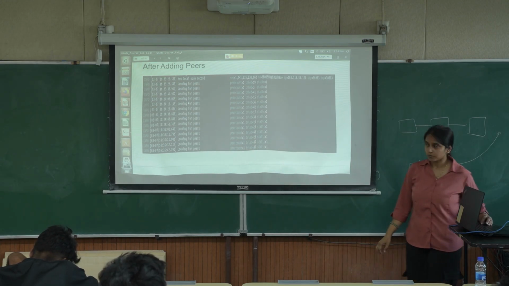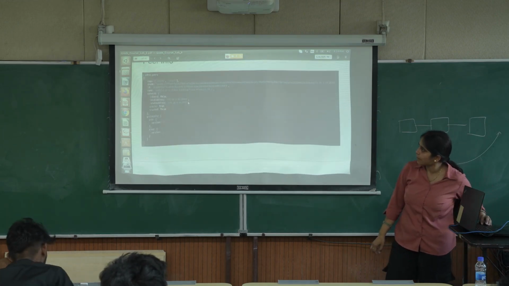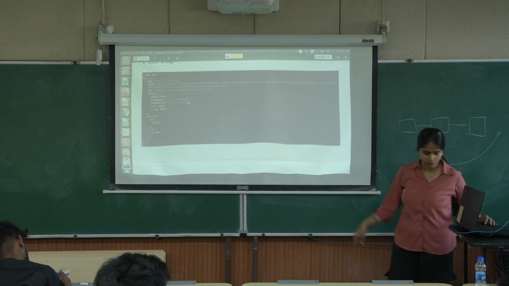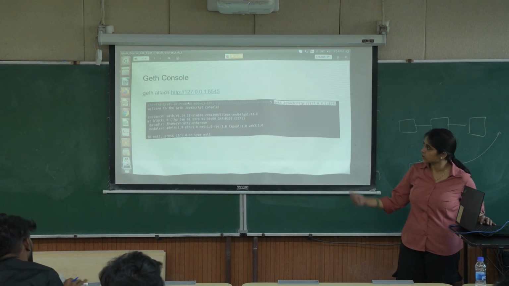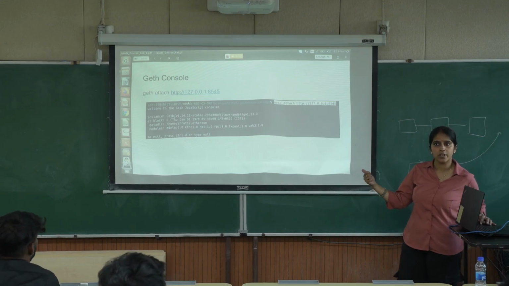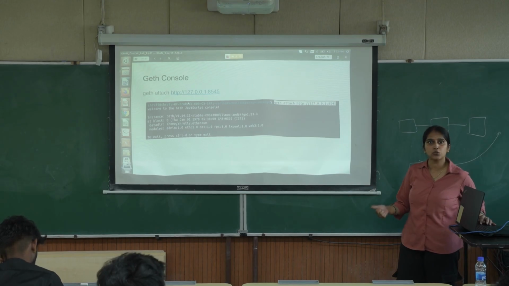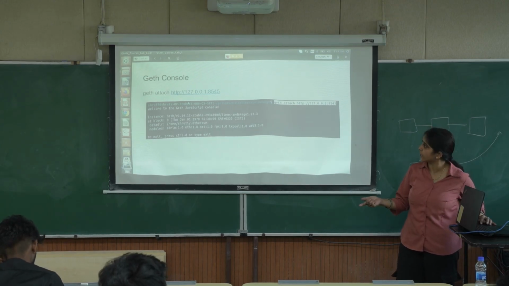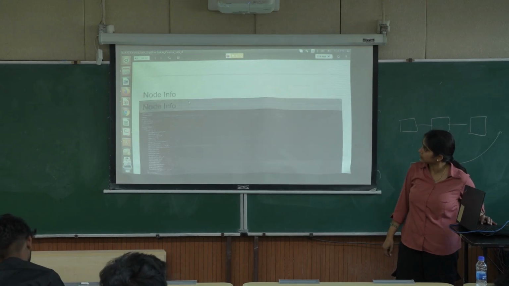Okay? This is the peer info that we have done previously. And this was the Geth console, where you can find the information of your peers, to whom you are connected, how many ETH you have in your account. All this information will be found over there.